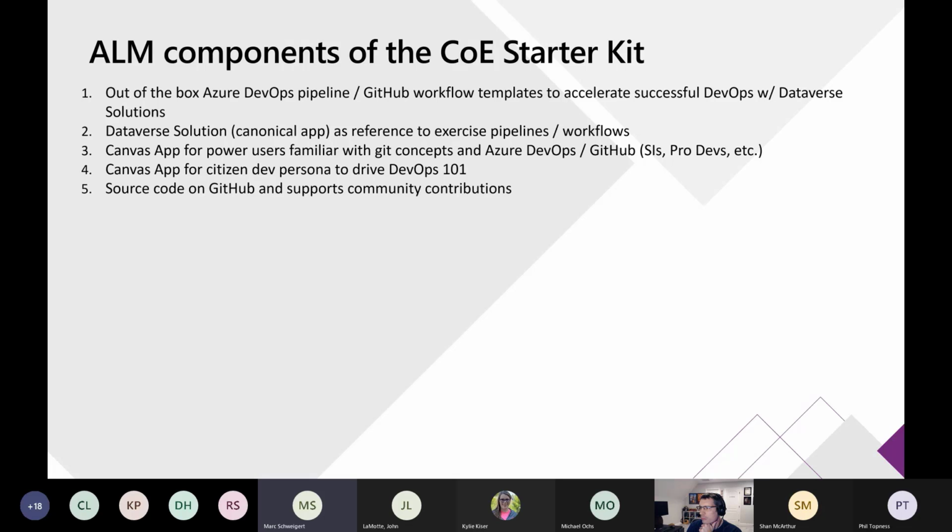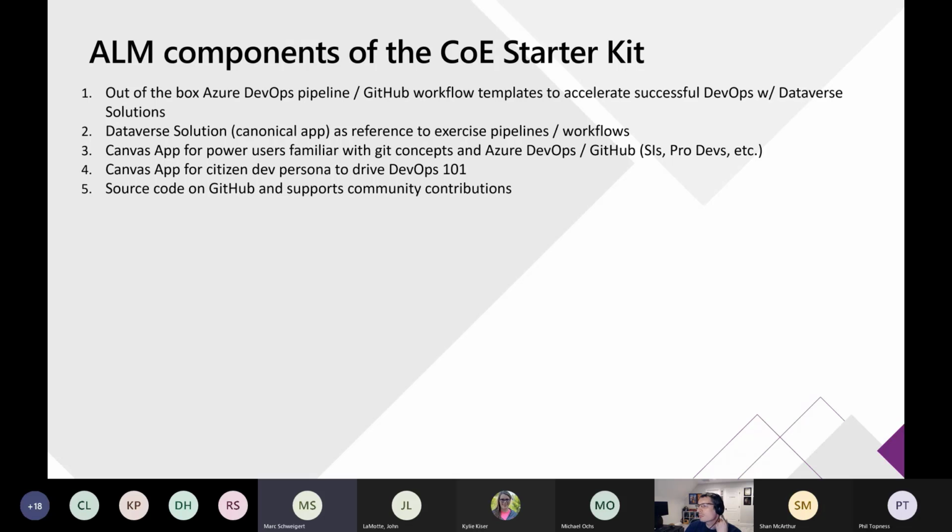We have a theming component of the COE Starter Kit. This will be a set of ALM components for the COE Starter Kit that ultimately will come in a few different forms, but one of the things we will be shipping is essentially our pipelines and our Canvas apps that we use to do ALM over the COE starter kit that effectively embody a lot of these patterns and practices that you would otherwise have to start from scratch with an empty pipeline and build a bunch of things. And I'll walk through in more detail kind of how that's all been put together.